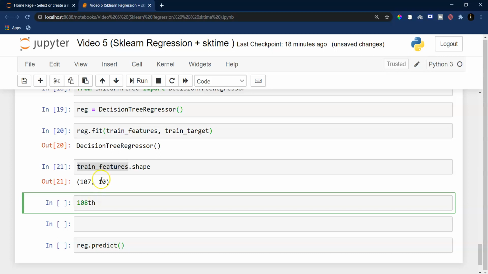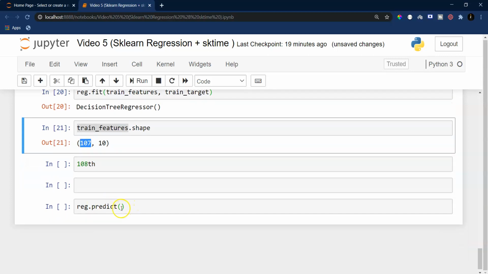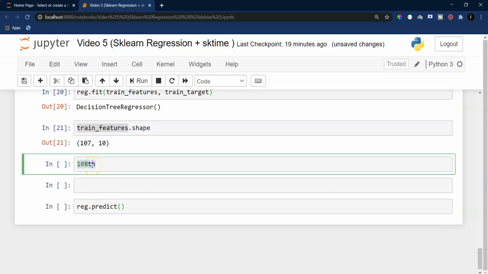Because the training data has been used to train our regressor on 107 rows of data, now using that data, if I extract the latest 10 data points and call regressor.predict, I will get the prediction for the 108th data point.